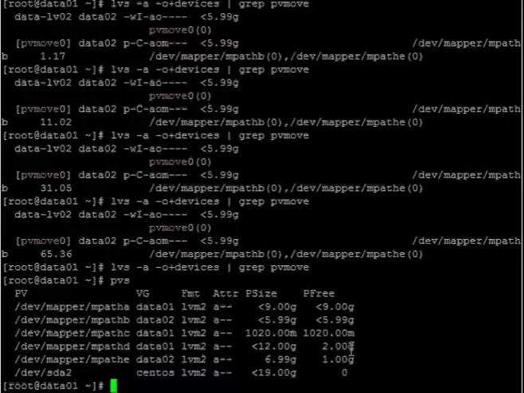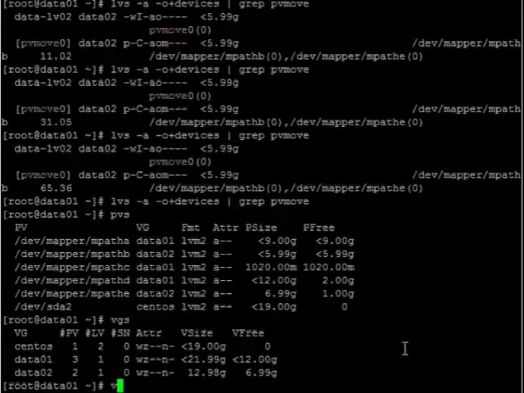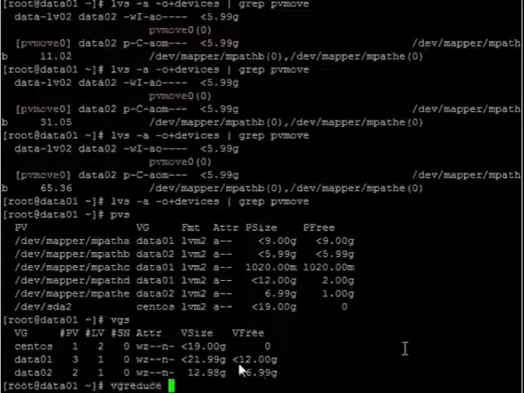And now we will start removing the disk. Now you can see the size is 21 GB and the data to size is 12 GB.